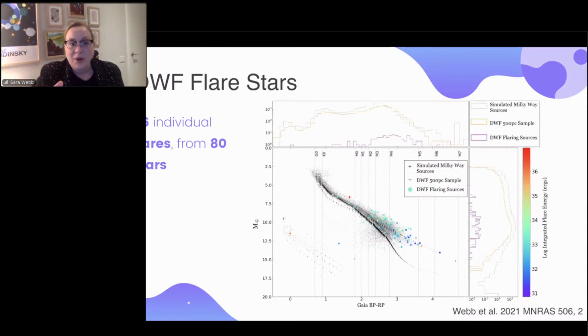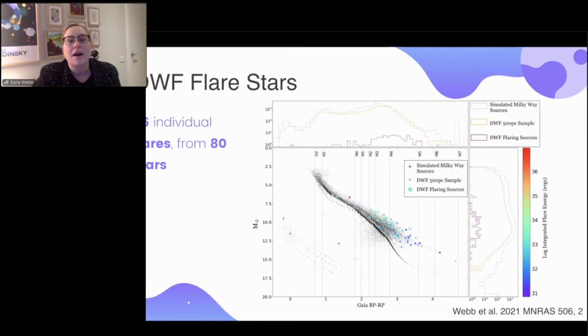And we pretty much confirmed a lot of our suspicions on what we would find just based on previous flare studies. So the majority of them were happening on low mass stars, low mass cool stars, so M dwarfs, and the occasional F. And we had also some G. No, we did not have a G. I'll have to double check that, but mainly low mass stars, which the literature said that we would. So we were very happy with that.